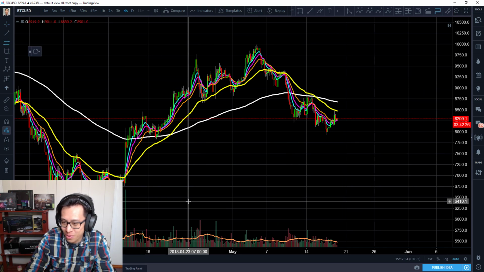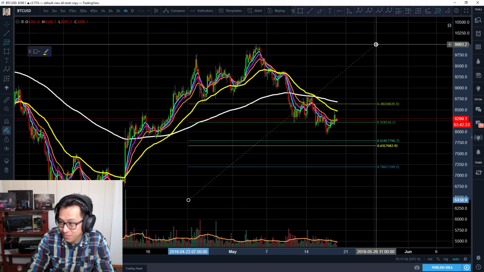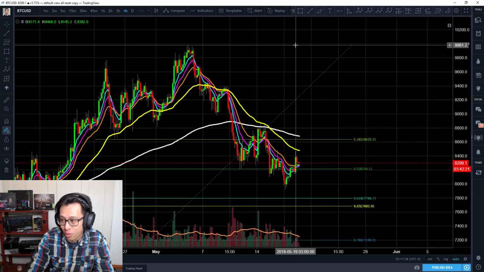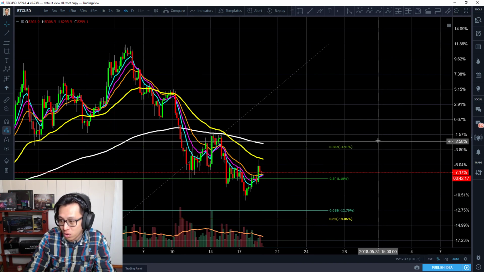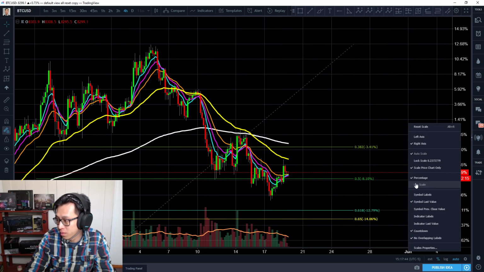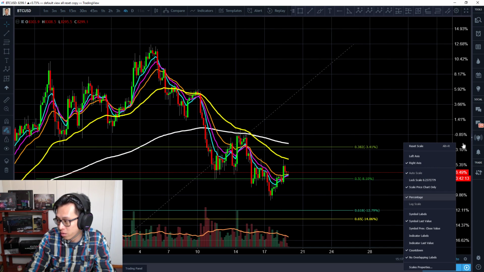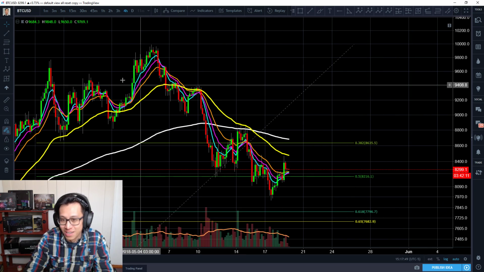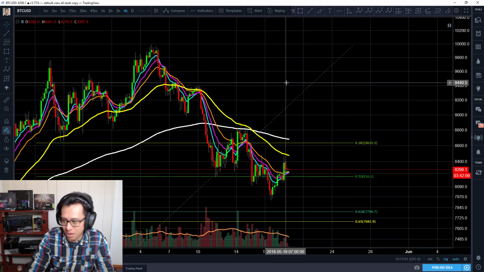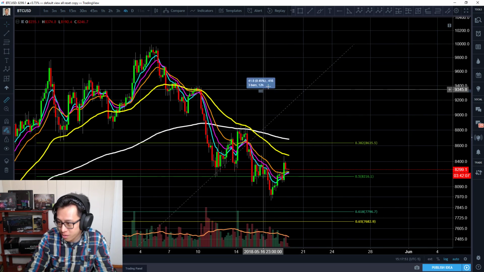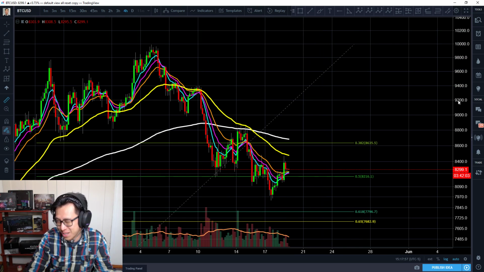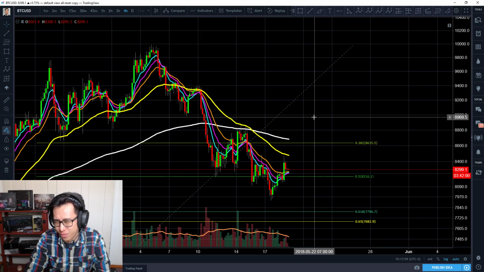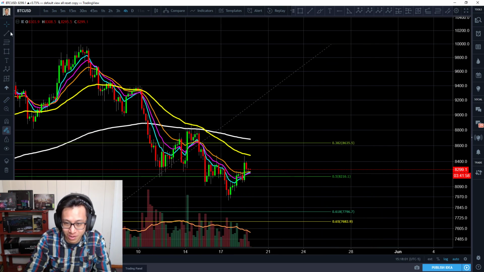Anyways, let's get going here with this analysis of ours, right? So let's start off with a 4-hour time frame on a log scale, first of all, okay? I go to log scale, not percentage. I don't ever use percentage scale. Who uses a percentage scale, to be honest? You just hold down shift and click here and you get your percentage gain right there as well. So playing by percentage, it's kind of weird to have it on a chart like that in my opinion, right? So anyways, let's get going here.